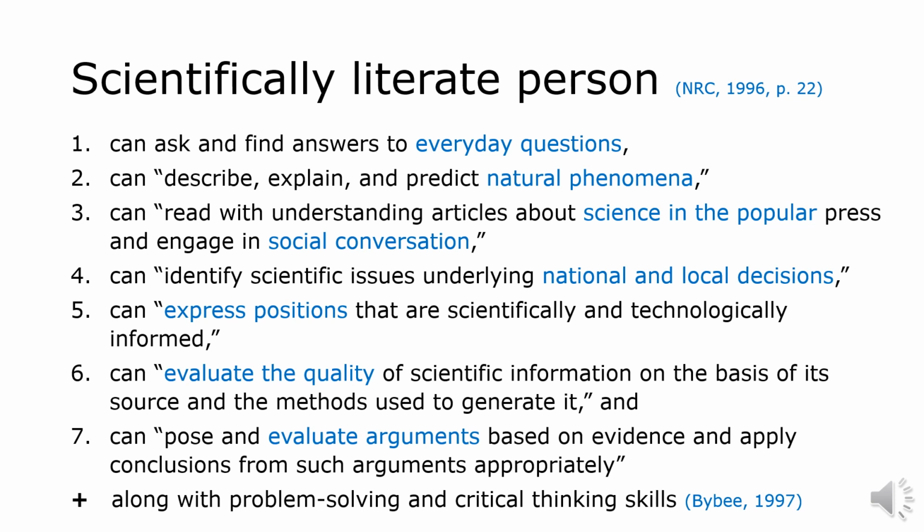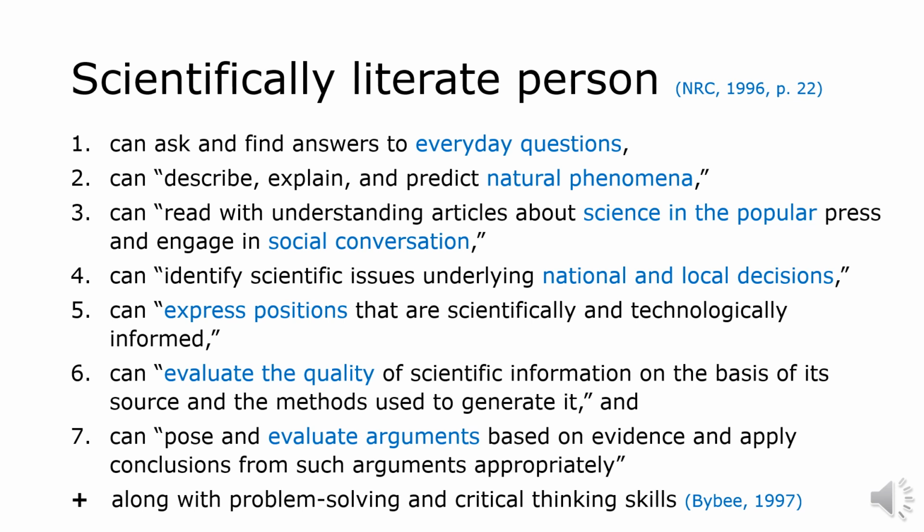And then number 6, they can evaluate the quality of scientific information on the basis of its sources and the method used to generate it. For example, we can distinguish which one is a hoax and which one is the truth by using this skill. So number 7, they can pose and evaluate arguments based on evidence and apply conclusions from such arguments appropriately. So number 7 is more like